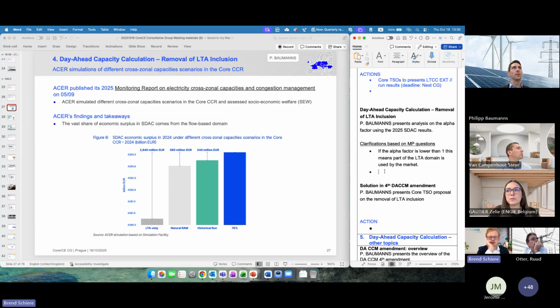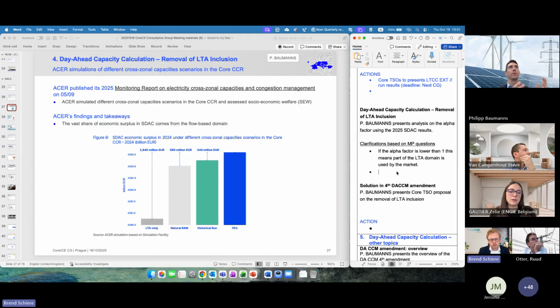Obviously we are a bit below 70%, and I think we don't want to discuss how this analysis by ESA had actually been made, but at least we feel supported by ESA and the NRAs, seeing that picture, that most of the socio-economic welfare is actually provided by the flow-based domain itself, and only a very, very small share. Of course, if it's there, Euphemia can use it for social welfare optimization, and there has to be a surplus, otherwise the alpha factor would always be